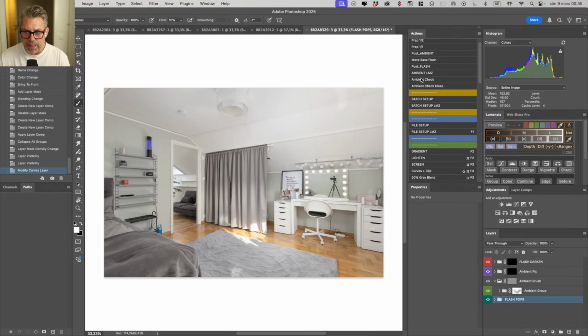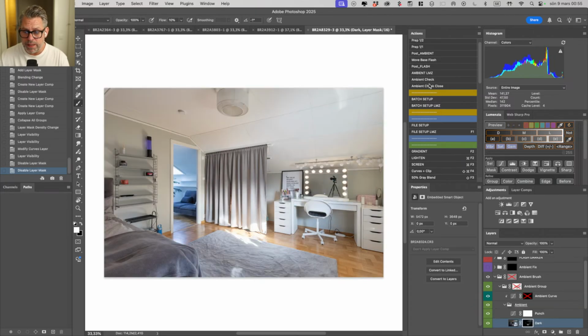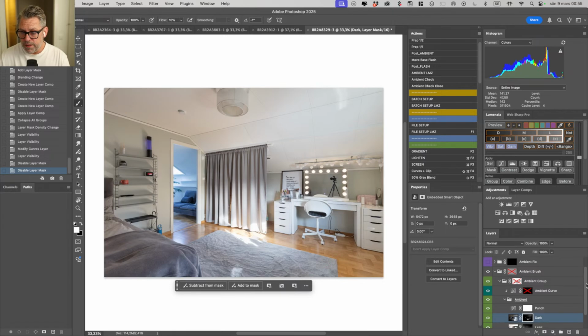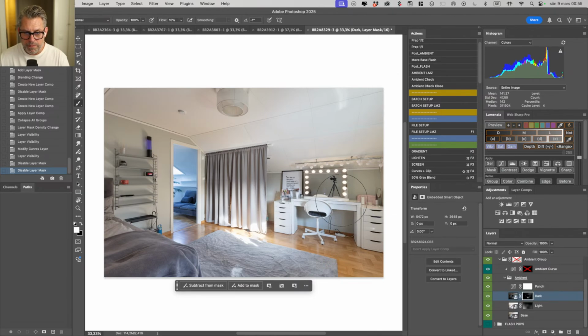I actually created an action that lets me check the ambient files and work on them if I need to. If I press that, it disables all the layer masks on the ambient files. It removes the flash pops and all the other ones, so now I can just focus on the ambient file. So this is the ambient file that the action blended for me,